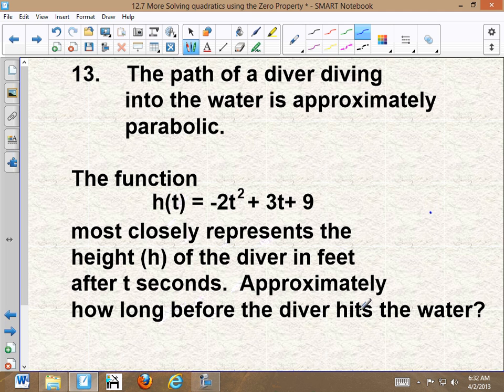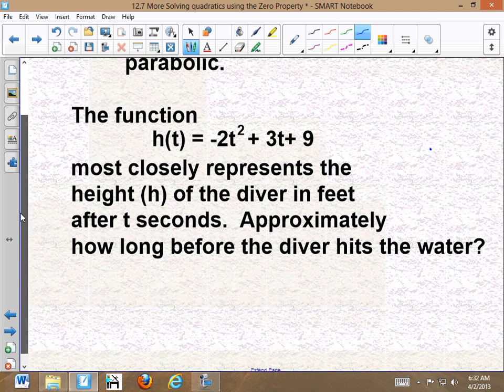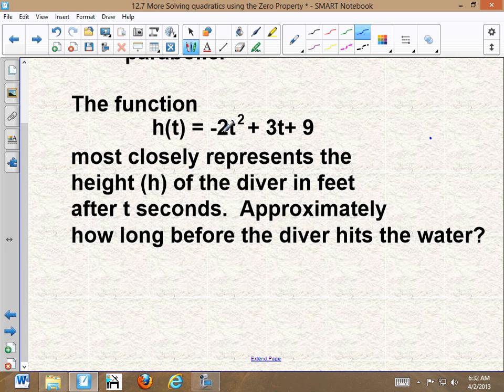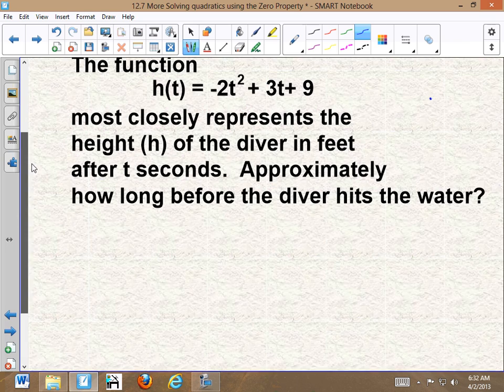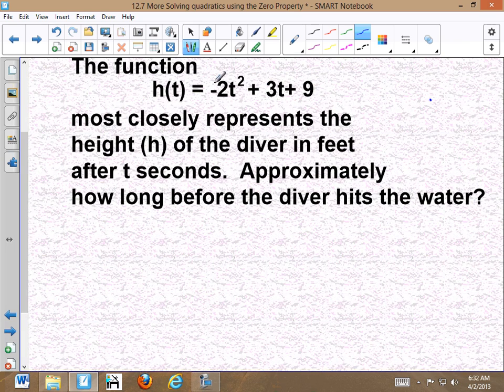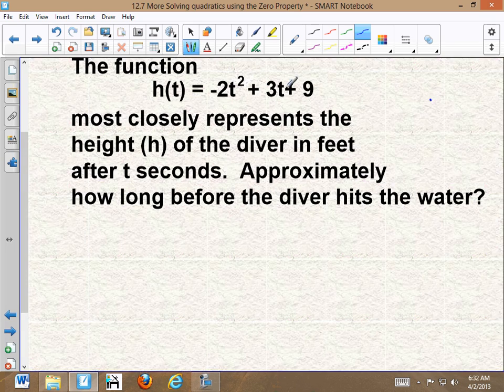It's how high and how long he was in the air. Approximately how long before the diver hits the water. So they don't want you to solve for h, they want you to solve for t. So this is my function. So I need to solve for t. Can I factor anything out of here? No. T is not common to all of them. However,